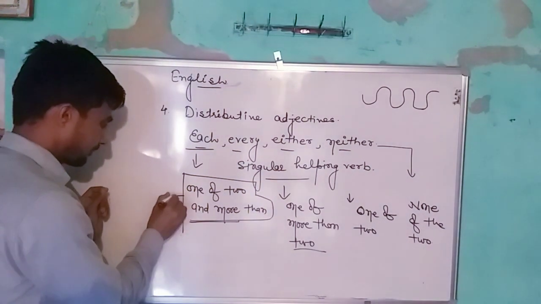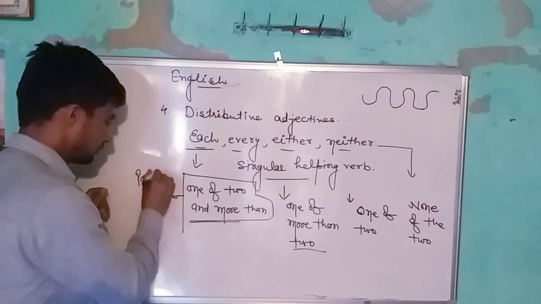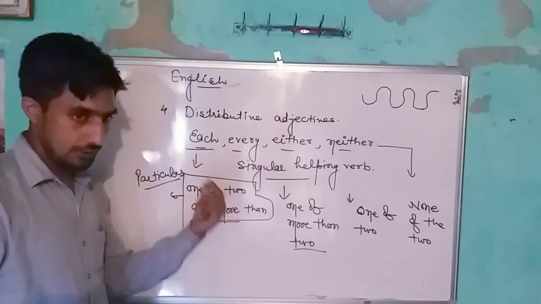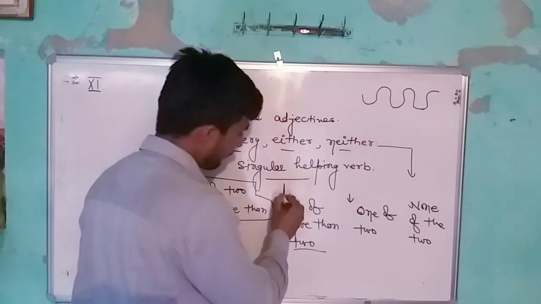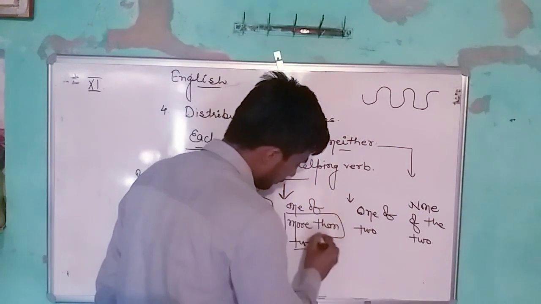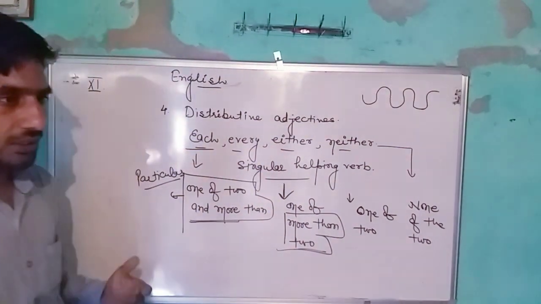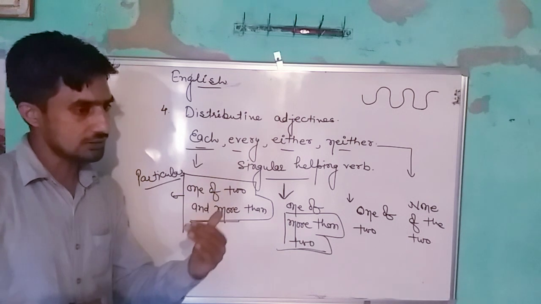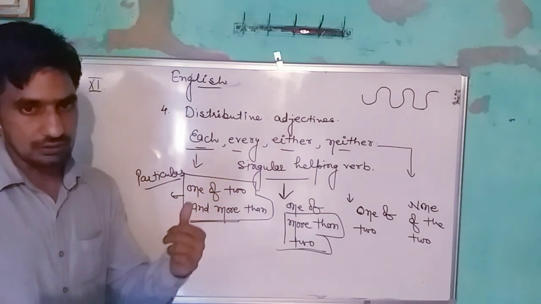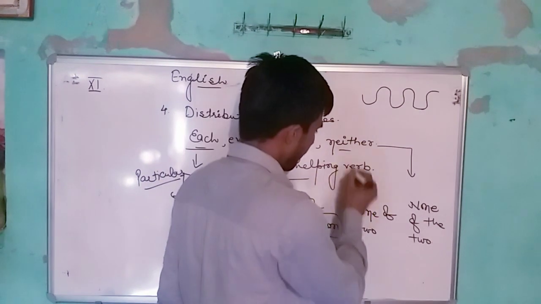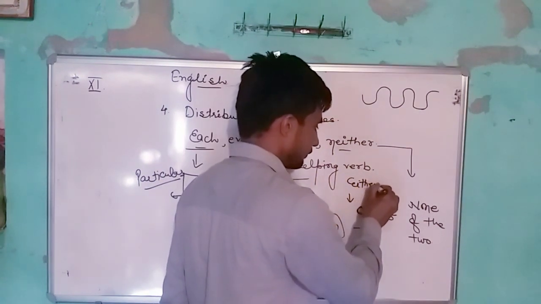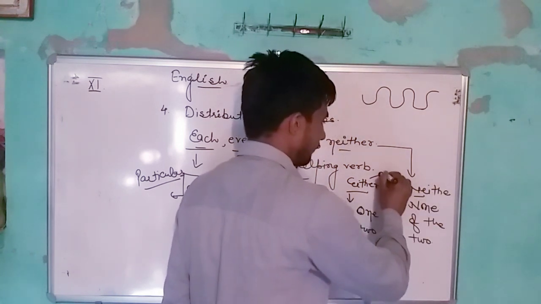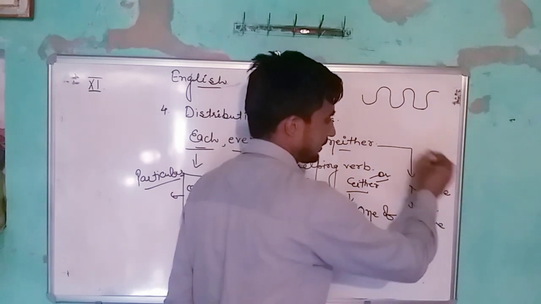For a particular one of the two and maybe more than two. In every condition, it is one of more than two. In the condition where there are so many things or many persons and you describe one particular one, we use every. After that, either means one of two, and neither, none of the two. Either also has the word pair either-or, and neither has neither-nor.